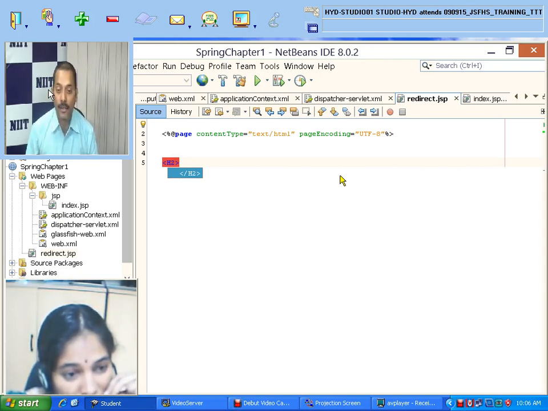In the index controller, it has to be suffixed with the index.jsp page and prefixed with the path of the page, wherever the file is. It is in WEB-INF, that's why I've written WEB-INF, but any particular path can also be specified. Okay.